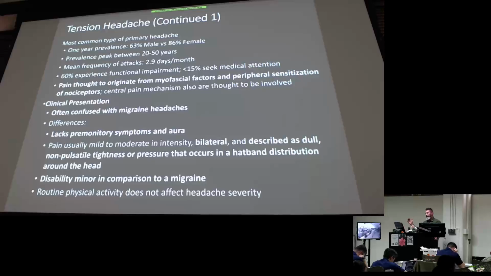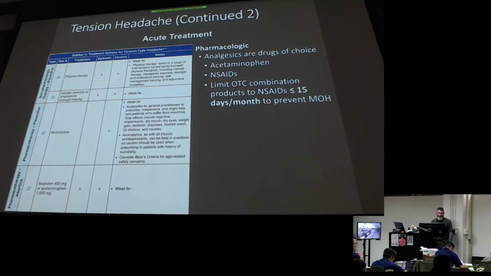And then that's easy to differentiate between the migraine and then the third class, which is the worst, going to present very different in a cluster headache. Straightforward. Pharmacotherapy for a tension headache: analgesics, usually OTCs, right? Analgesics, NSAIDs, Tylenol, dealer's choice. Once again, we limit those NSAIDs to less than 15 days a month to prevent MOH. Just because we're using it for a different type of headache doesn't change the frequency of the same drug, because the drug doesn't know if it's treating tension or migraine. So same MOH cautions, more than 15 days a month with the NSAID.